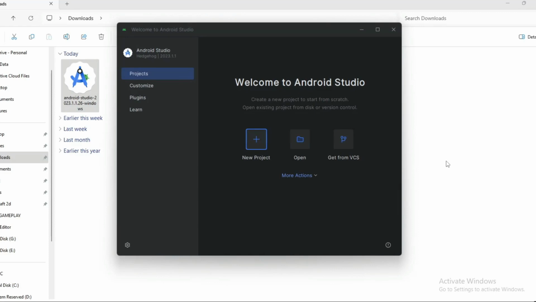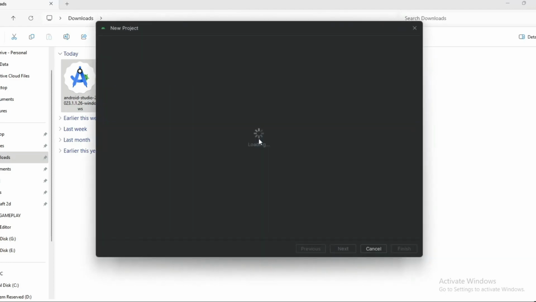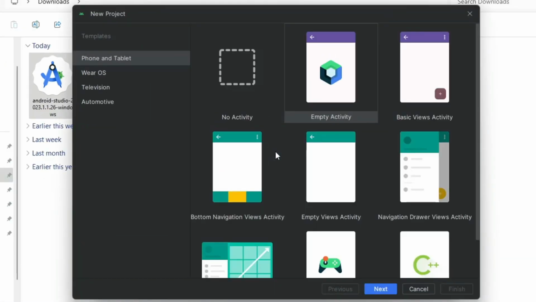Now create a new project and select empty views activity. If you select empty activity, that is for Jetpack Compose and supports only Kotlin. And if you are a beginner, then select empty views activity, and both languages Kotlin and Java are supported. So select empty views activity